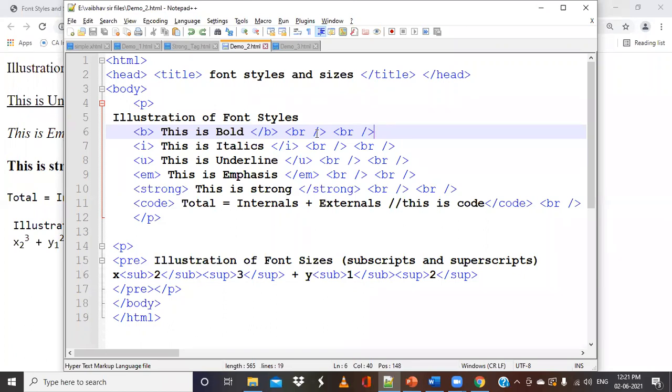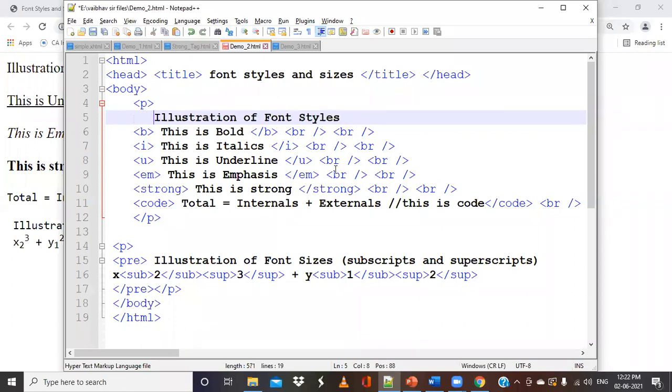PRE. So the pre-tag. Now, can anybody tell me where I have to use that pre-tag? I want this entire paragraph to appear as I write in the code. Whatever I write in the code, in the same format it should appear. And I do not want to use these BR tags. So where do I have to put this pre-tag now? After the paragraph tag, sir. After the paragraph tag or before the paragraph tag?